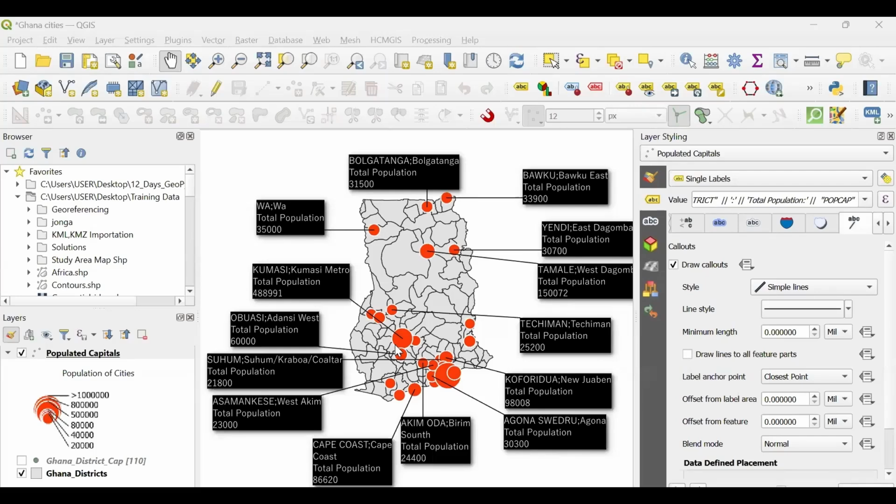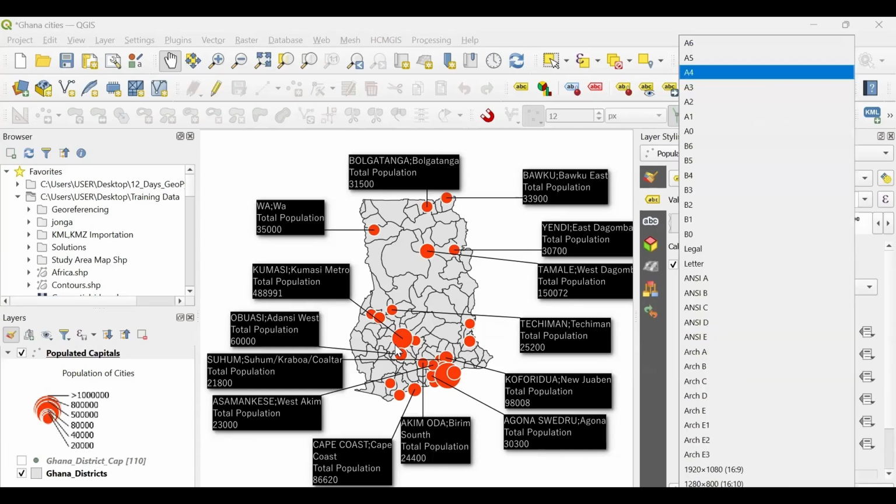So you can see on your right-hand side we have the page, where we have the item properties. We have layout, which is the first one. The second one is item properties. We have size, which is currently A4. We have the orientation, which is landscape. We also have the width and things like that. Now we are going to change the size of the paper from A4 to